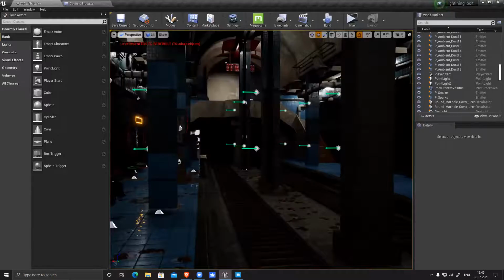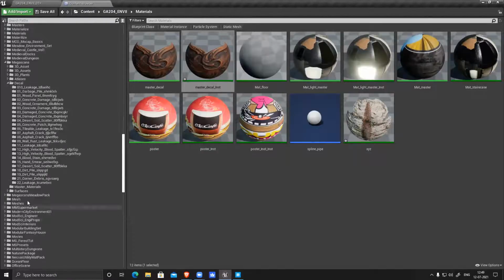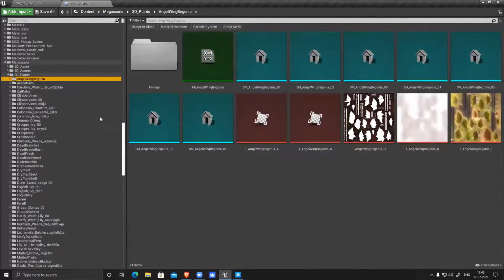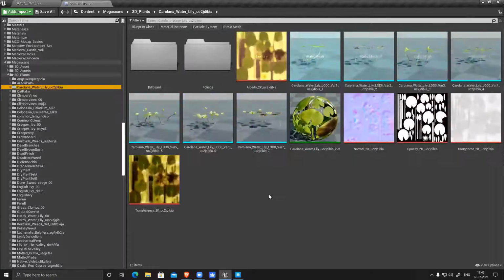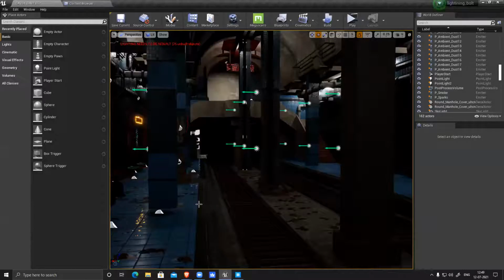I can import those things here directly. That is something I believe in Megascans. I have already imported 3D assets, or 3D plants. So we have tons of plants, and these are creepers. If it's really old, weathered and dirty, I can add a lot of creepers here.